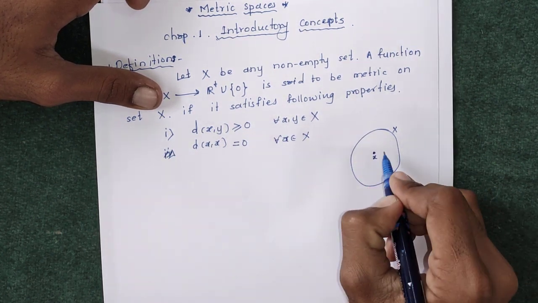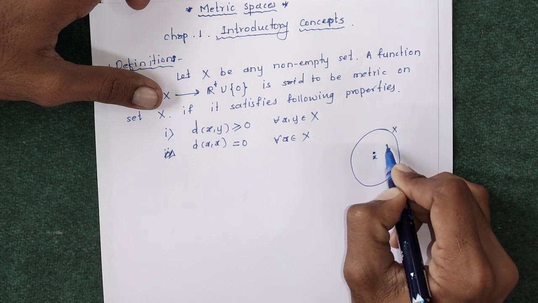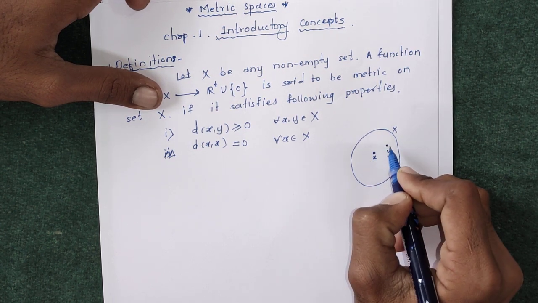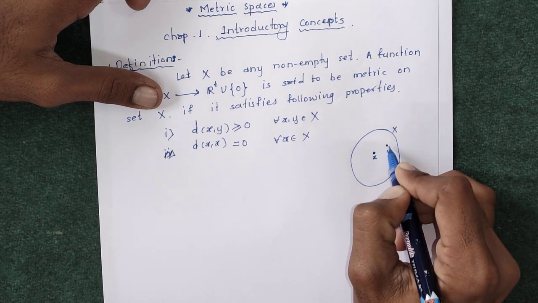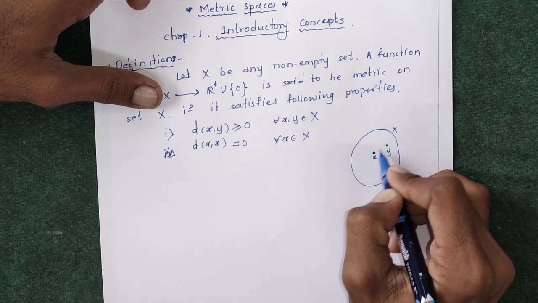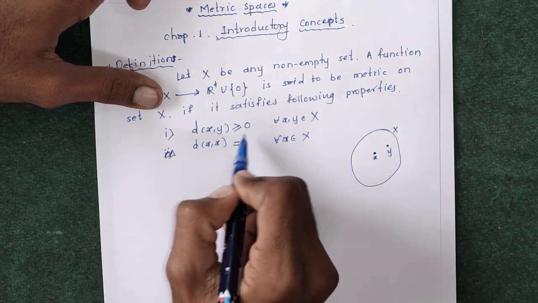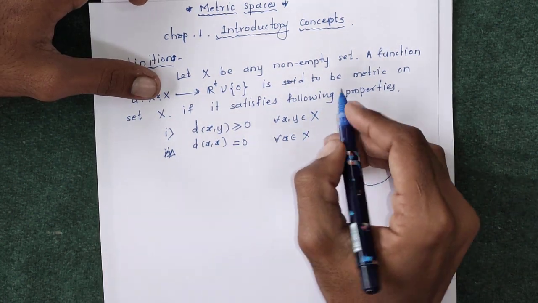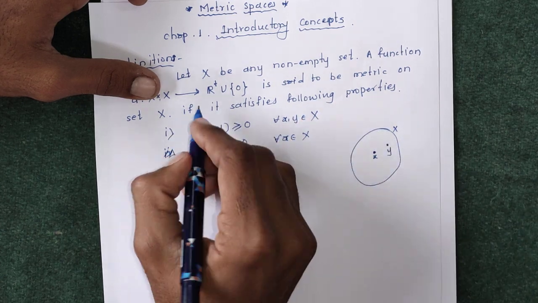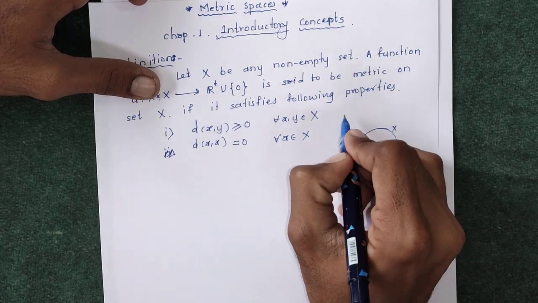And first property was distance between any two elements x and y must be greater than or equals to 0. We are calculating distance, so if we find x to y distance or y to x distance, that will be the distance between x and y, and that distance must be greater than or equals to 0. This is the first property. That property is called non-negativity. Write that non-negativity here, and after that write this first property,